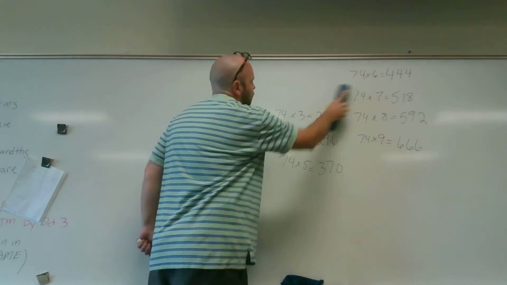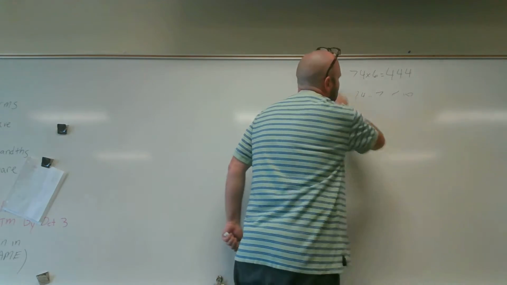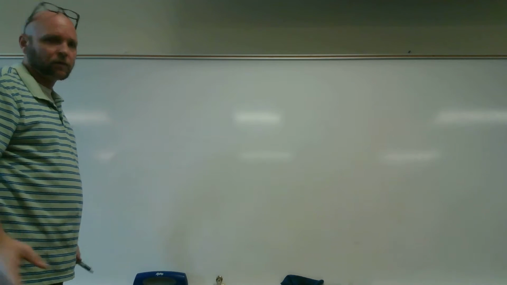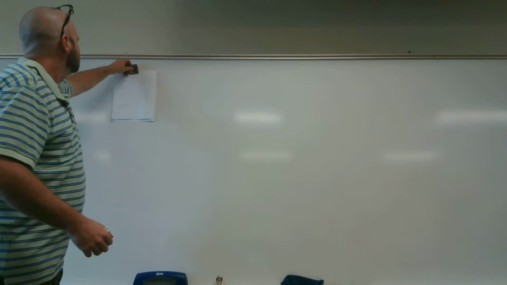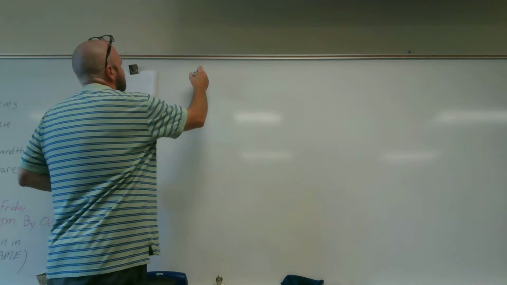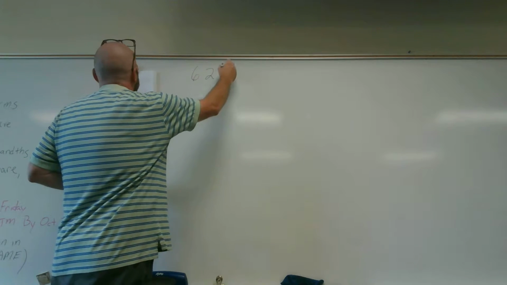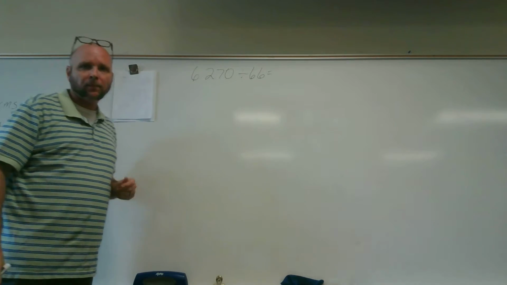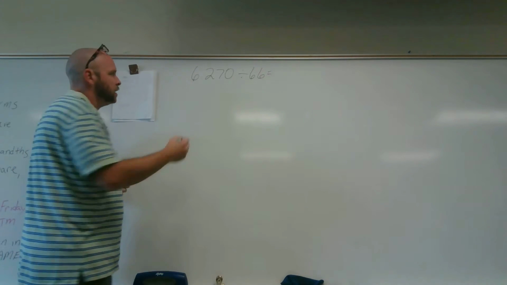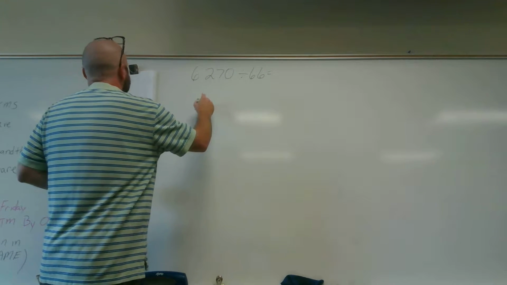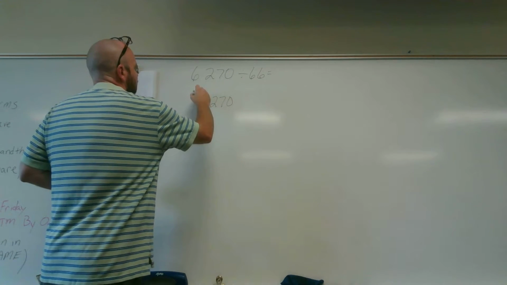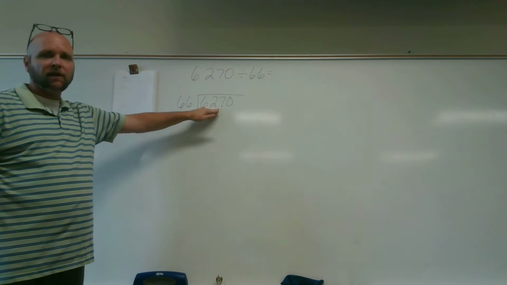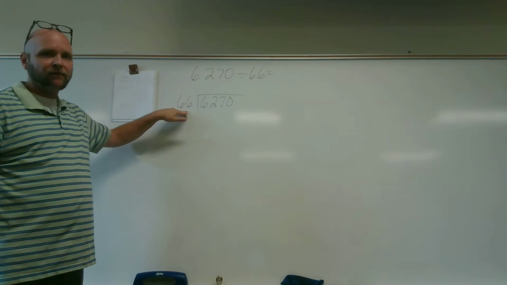All right, let's do one more. So on your paper, your desk, your bathroom mirror, wherever you're working it, we're going to do 6,270 divided by 66 equals. There's my equation. I'm going to write it out how we normally do it. 6,270 divided by 66. Notice we say it with the dividend first, divided by the divisor, because that's what we're